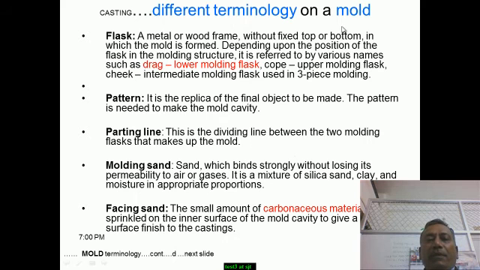The different terminologies involved on a mold. The flask, which is a metal or wooden frame, has no top or bottom, only skeletal sides. Depending on the position of the flask in the mold structure, it is referred to by various names such as drag, the lower molding flask; cope, the upper molding flask; and cheek, which is an intermediate molding flask used in a three-piece